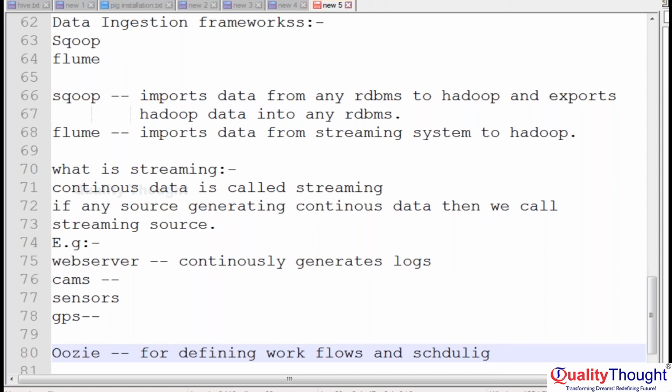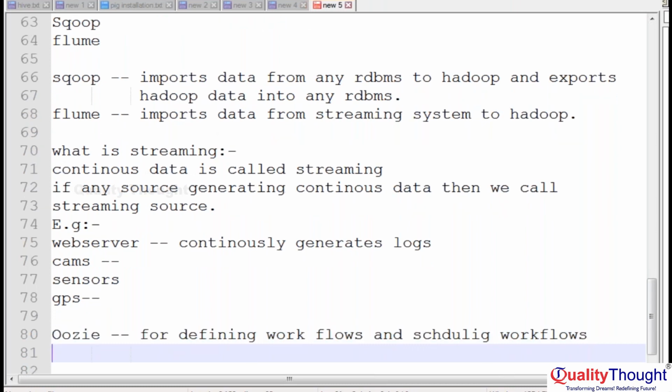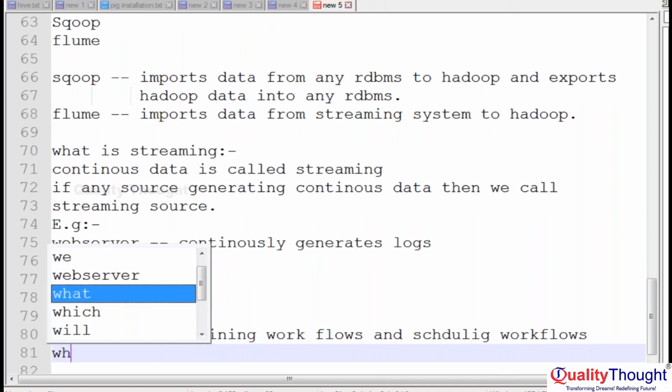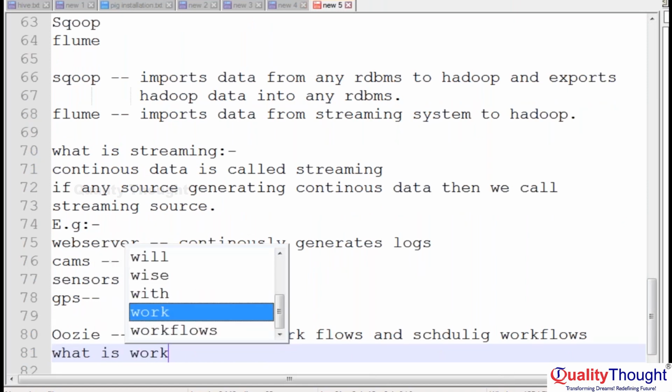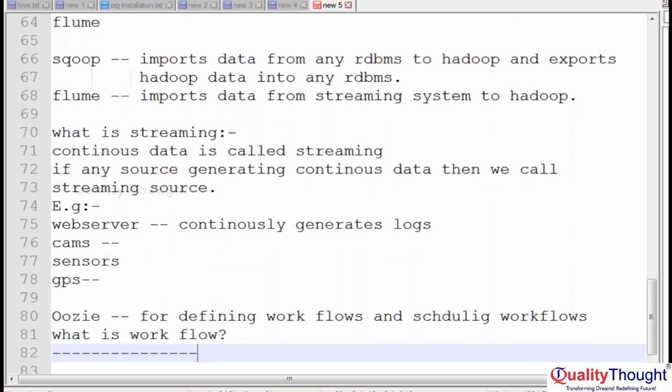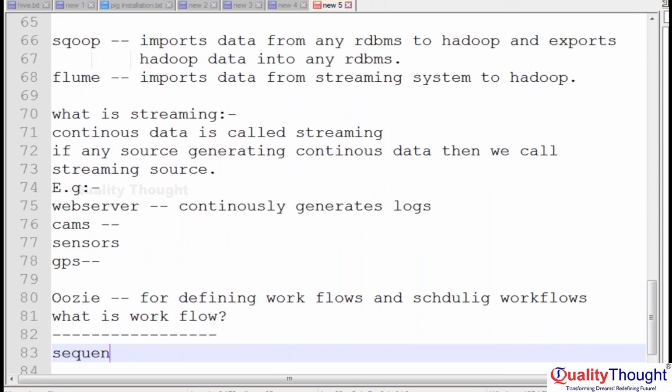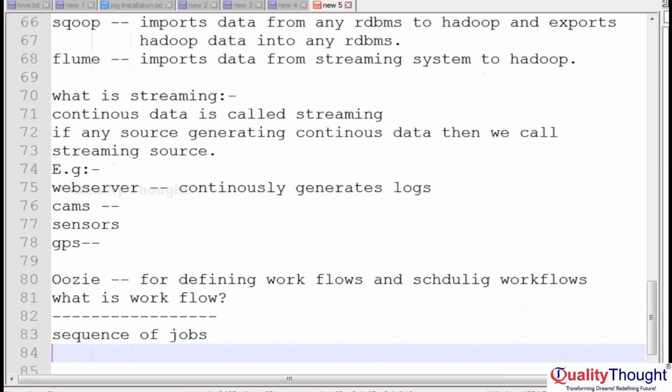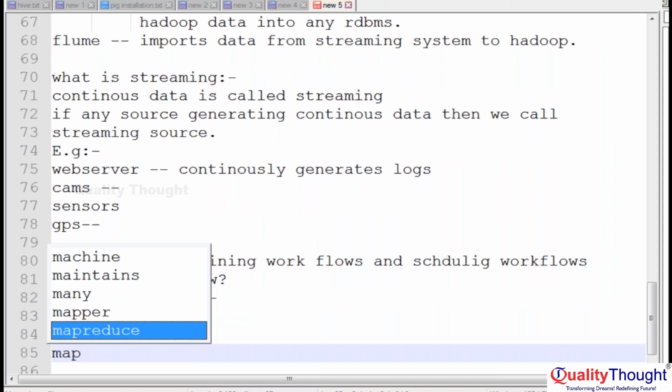Defining workflows and scheduling workflows. So what is a workflow? Workflow means a sequence of jobs. Example, MapReduce job,